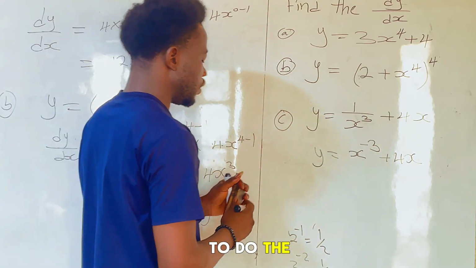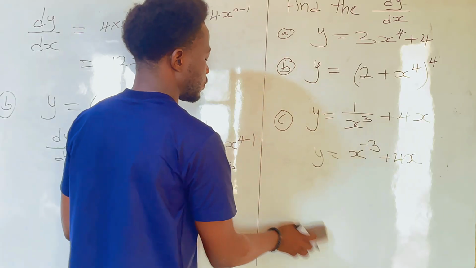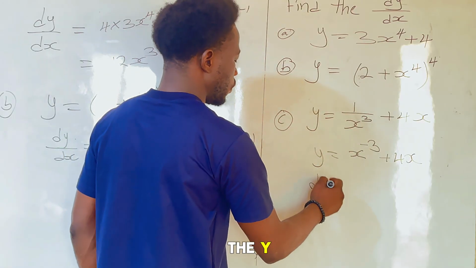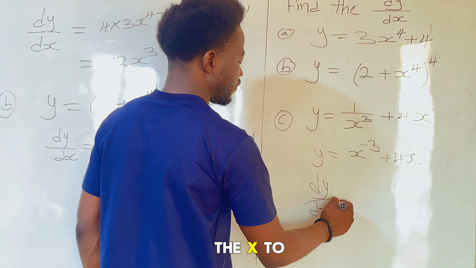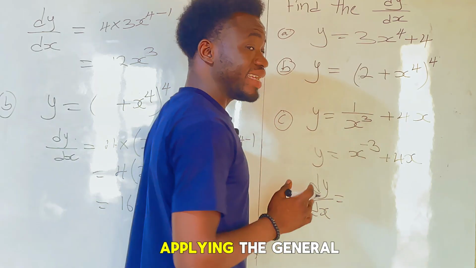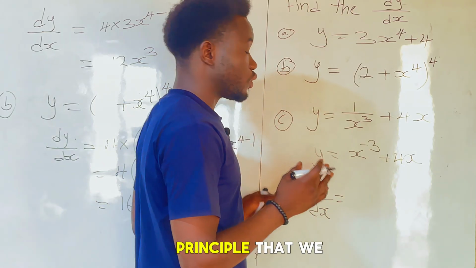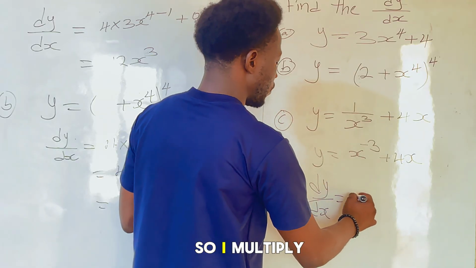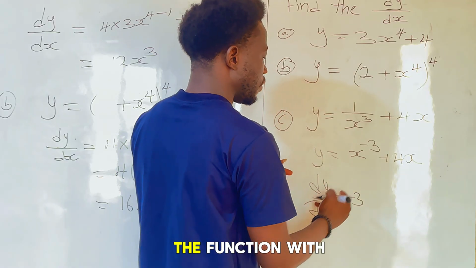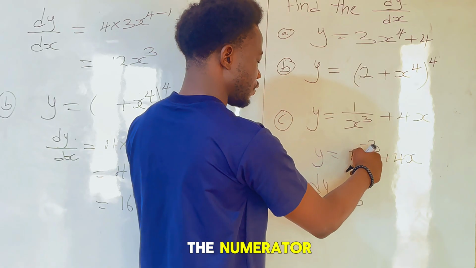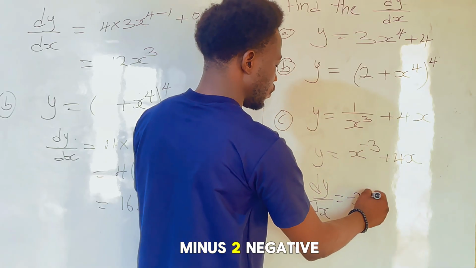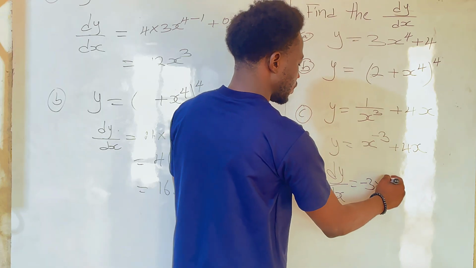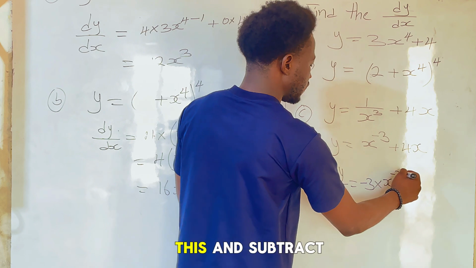Now we come to do the differentiation. So we have dy dx to be equal to, applying the general principle that we have dealt with. So I've multiplied the function with the exponent, negative 3 times x exponent this, and subtract 1